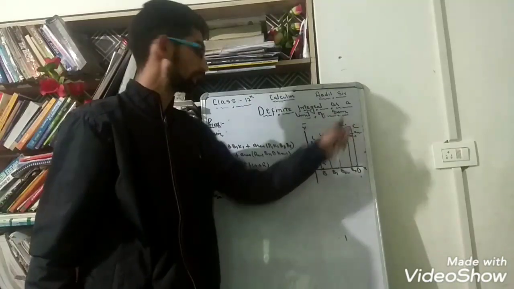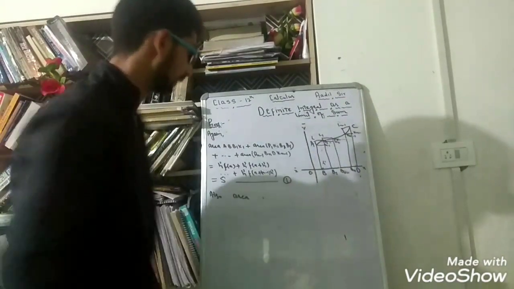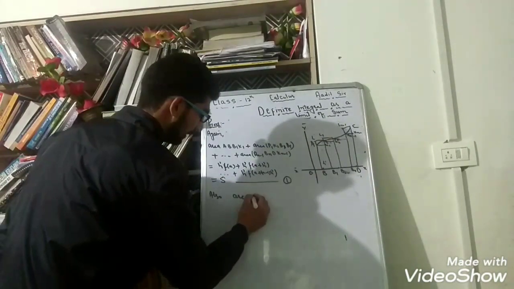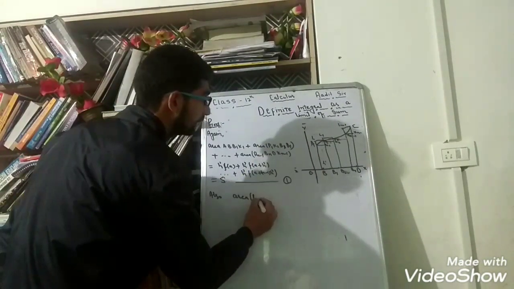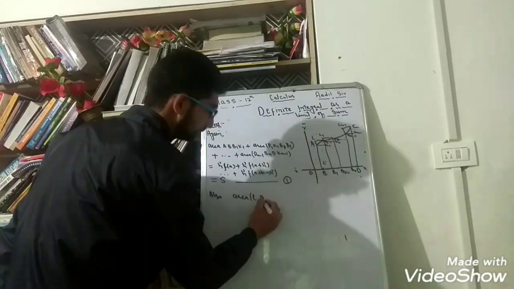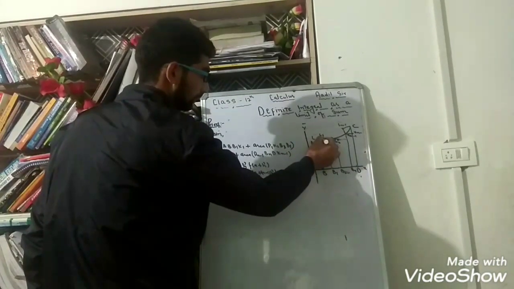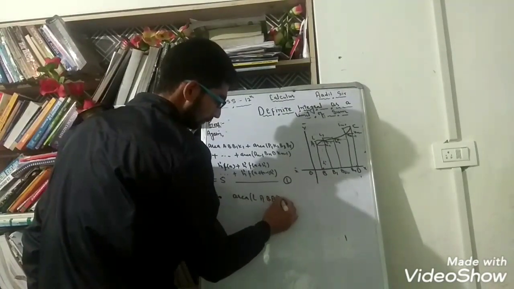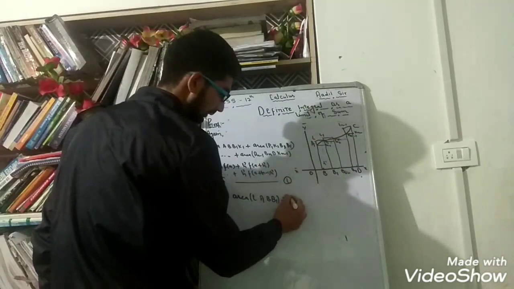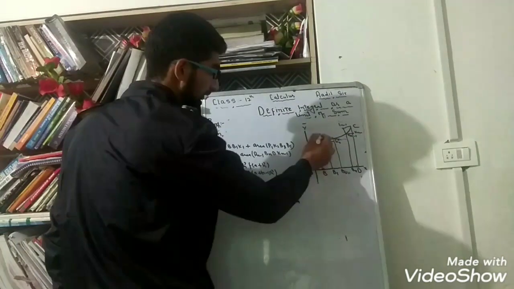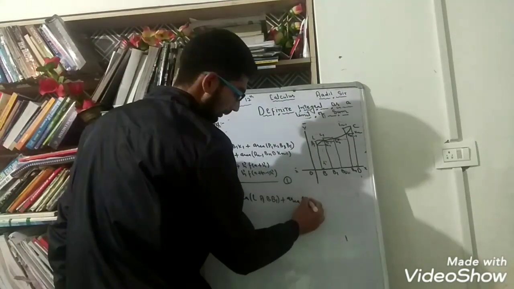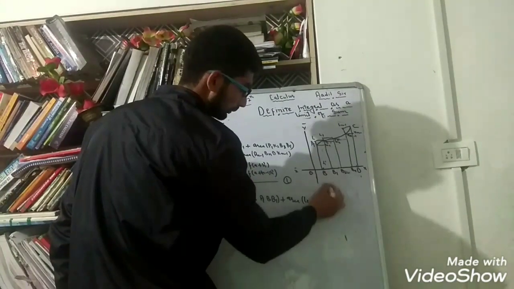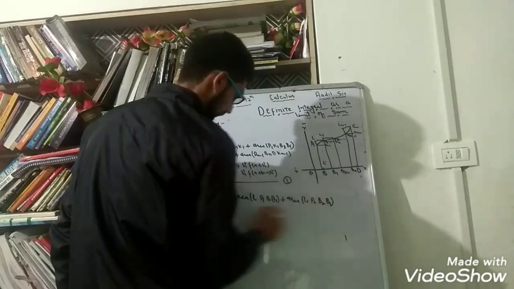So I will take the area of this rectangle L1 P1 B1, plus the area of this rectangle, that is the area of this L1 P2 B2 B1, plus so on,